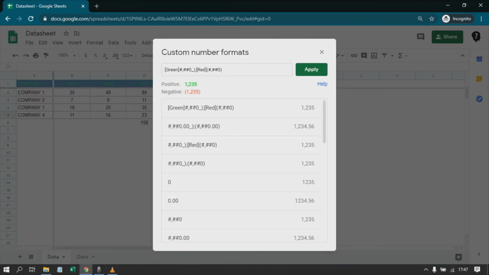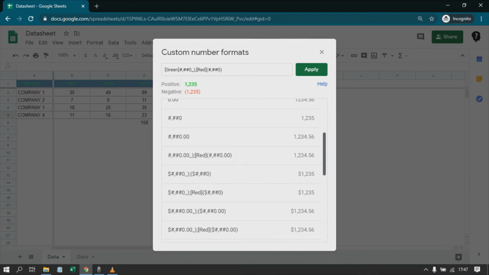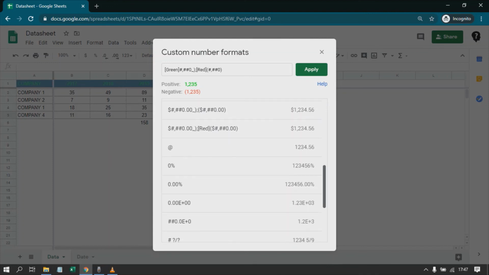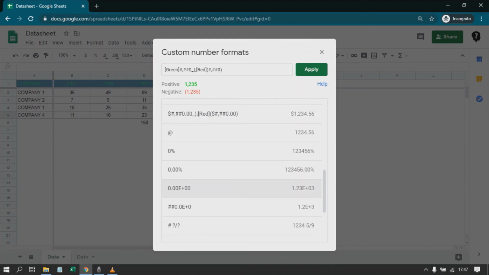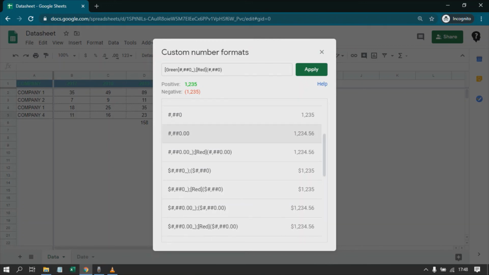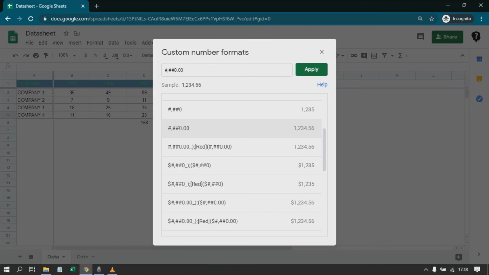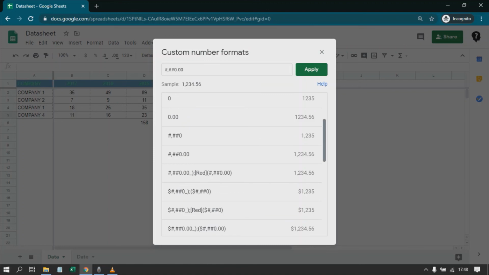Next is custom number format. So custom number format is basically where we can customize how our number will look, including the colors. Now if you see it here, we have these formats which are already set there along with some advanced formatting. So for example, if I choose this, it will always have a comma separator for the thousands and two decimal places for the detailed number.